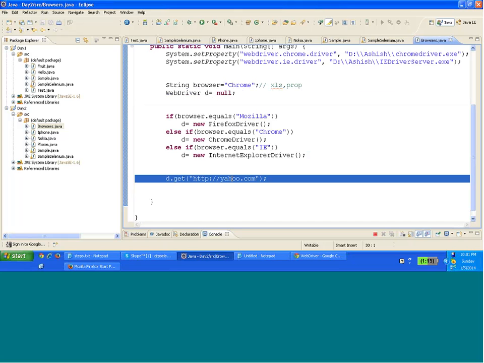How do I do that? How do I interact with the elements of a web page? That's the question. Fine. Now, first of all, to understand how Selenium works and how Selenium behaves,